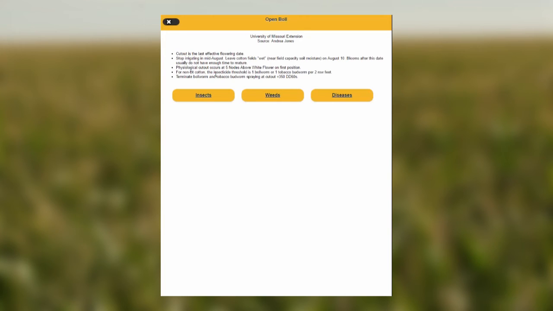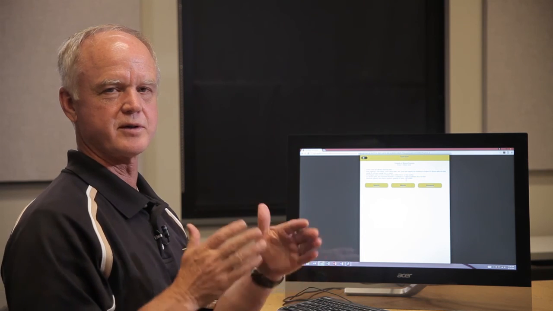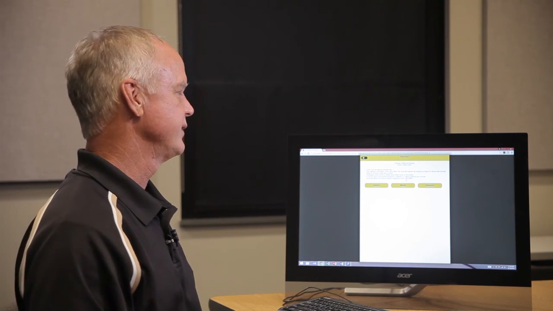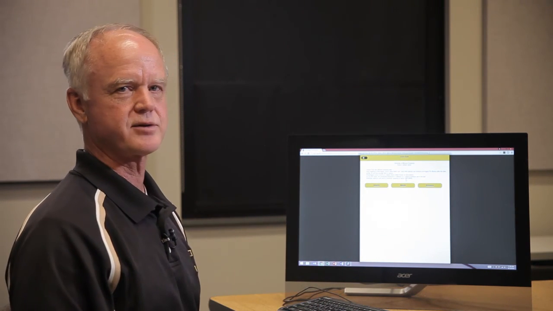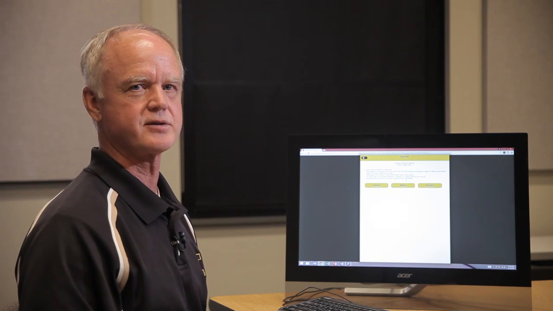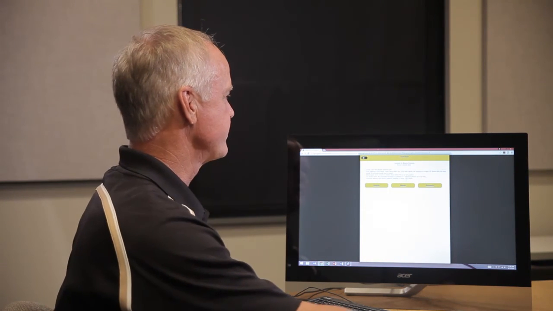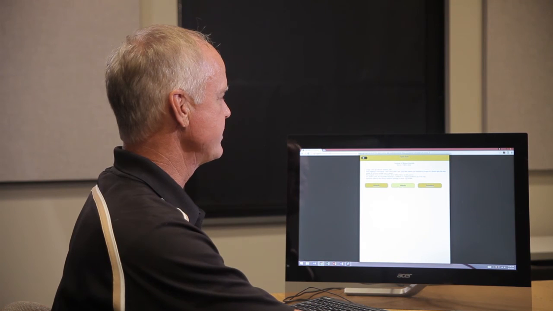Say late in the season at peak bloom, we would be concerned about bollworm termination of spraying. So you can see here it says cut out plus 350 DD60. At that point you would know I don't need to waste money on insecticides because I'm already past that stage. And early in the season it talks about square retention and other things like that. So this is a useful feature. Also, we've got buttons here for other